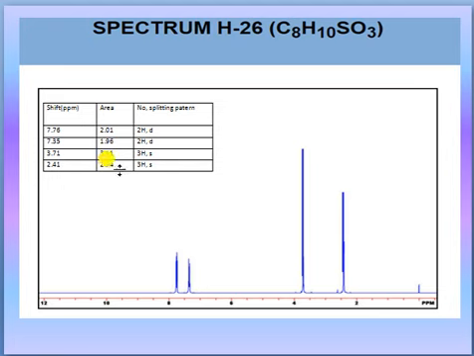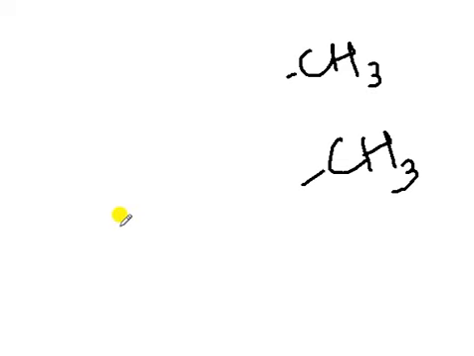So see the values. The chemical shifts are 2.4 ppm and 3.7 ppm. And see the aromatic region: 2.01 is 2, and 1.96 is 2, and the value is only 2. If some aromatic compound has only 2 types of proton, then we will consider it a para substituted compound. So we got a para substituted benzene.